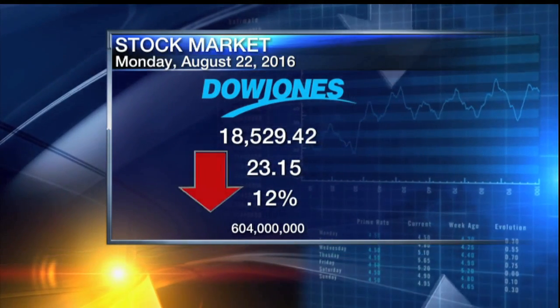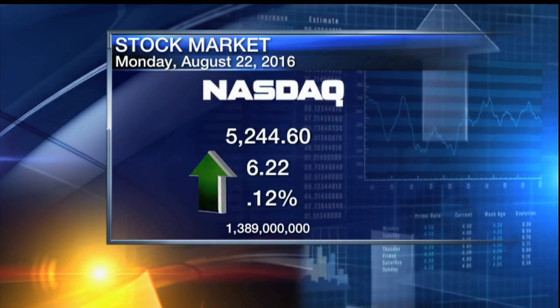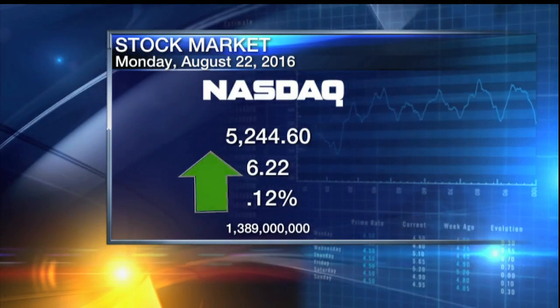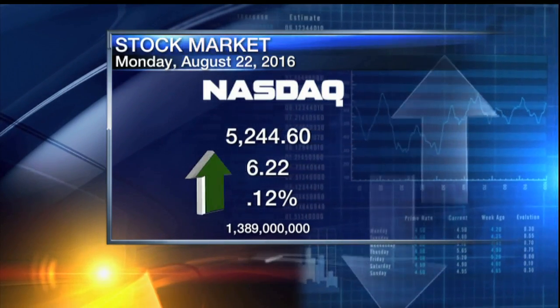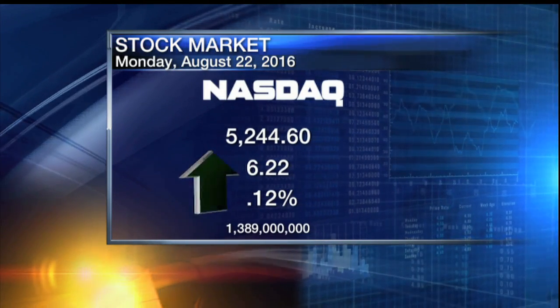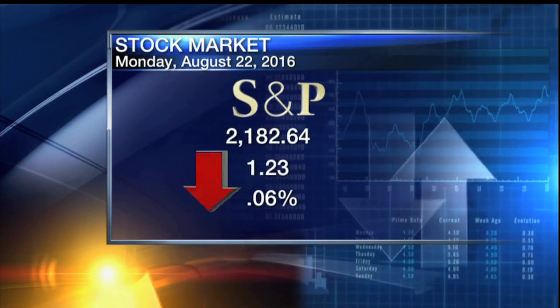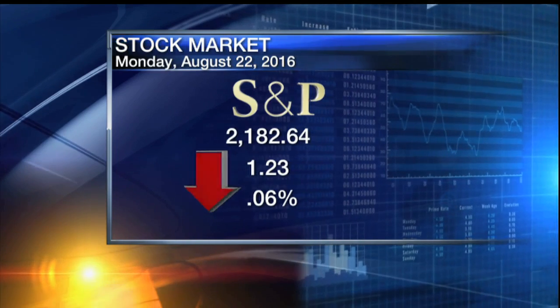18,529.42 on extremely light volume of 604 million shares. The NASDAQ, which has been up 8 weeks in a row, up another 6 points today, 12/100ths of 1%, closing at 5,244.60. That on volume of 1,389 million shares. And the S&P barely a budge, down 6/100ths of 1%, 1.23, closing at